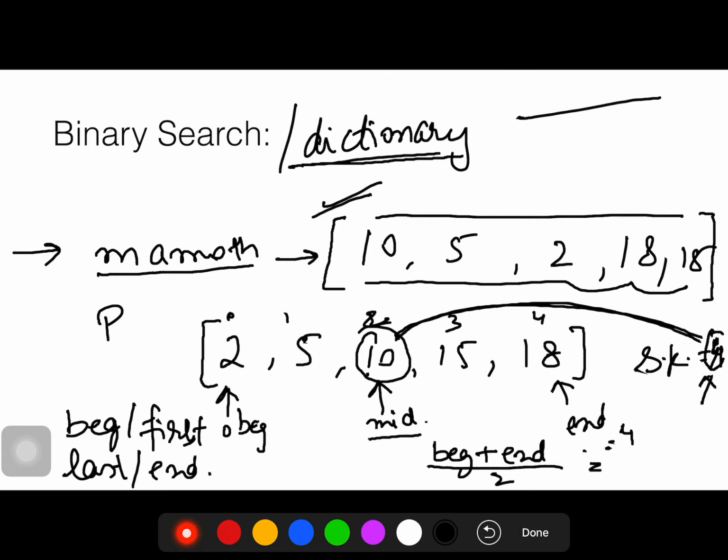We are searching for 4 and 4 lies to the left side of this mid. So we will change the position of end to the element before the mid. Now end's position is changed to 1. Again mid is calculated. Now we will see in the next slide.